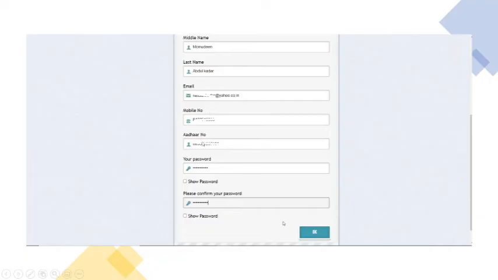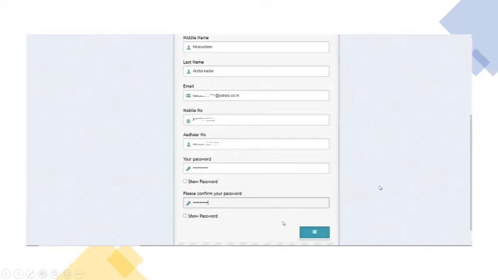It has your mobile number and Aadhaar number. You have to enter them. If you have changed your mobile number, you can change it here, but this is of no use. They will not contact you through the mobile number. So you can choose a password. Again, you can use combinations of alphabets and numbers. And if you have doubt whether you have typed the same password, you can use the show password option. Once you have entered it, you can press OK.